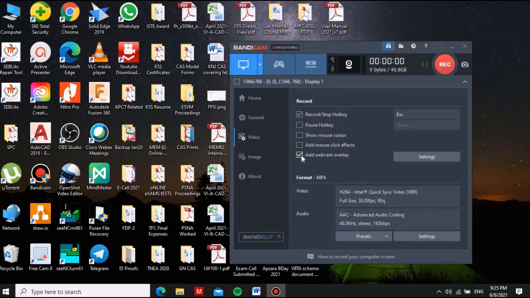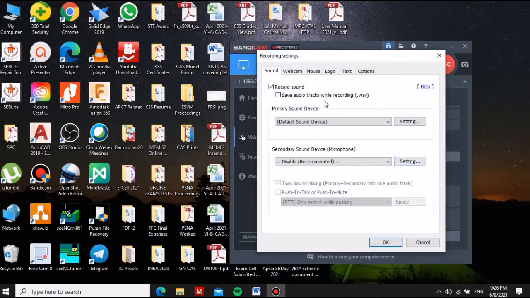Okay, so there is an option to add webcam overlay. If you want to have your webcam overlay, you can check this. Here you can see that once the tick box is removed, the webcam icon is hidden. If you tick, the webcam icon is highlighted, that is the webcam is activated. Where you want to find out the webcam settings, that is your webcam overlay, you have to go for this settings icon here. Here various other options are available for sound, mouse and other things.